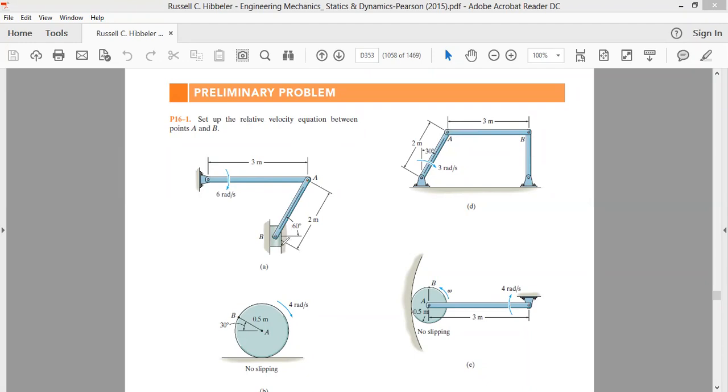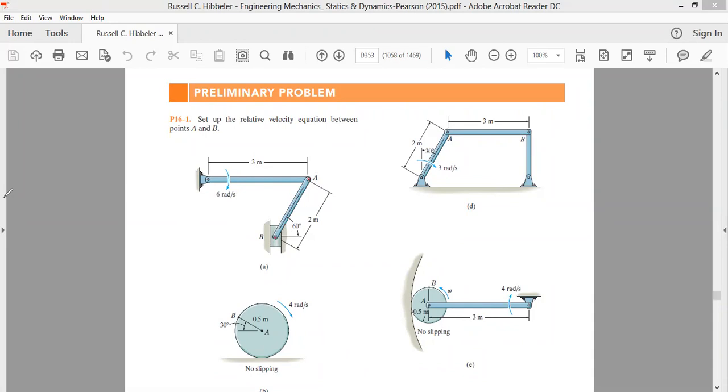We have to only write the equations. As far as the AB link is concerned, we have to write the velocity of point B in terms of the